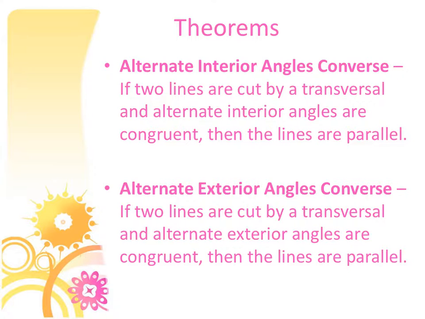So basically, let me draw a figure here for you. Two lines cut by a transversal, and let's say it creates 1, 2, 3, 4, 5, 6, 7, 8. Then if we could see that 3 and 6 are congruent,